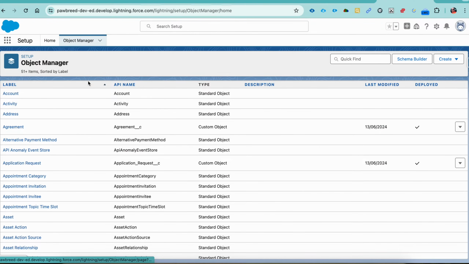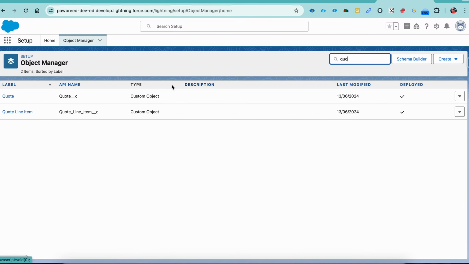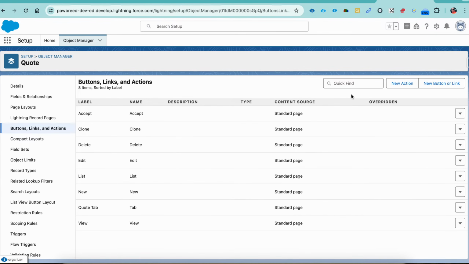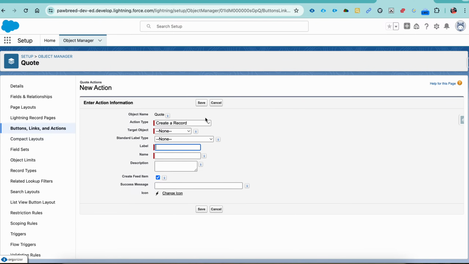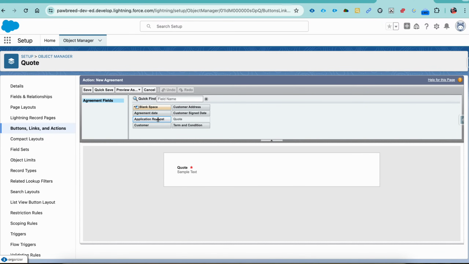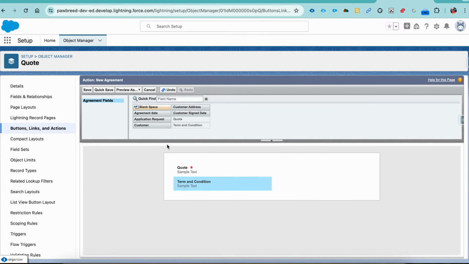Click on Object Manager, click on quote, search for the quote. I am at quote, click on Buttons and Links, click on New Action button, search for create record, target object called agreement, type a name called new agreement and hit save button. One very important part is that the customer has to be auto populated,